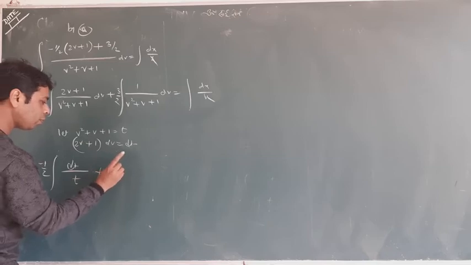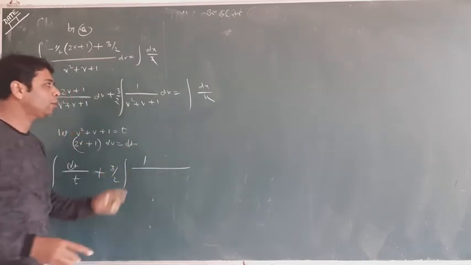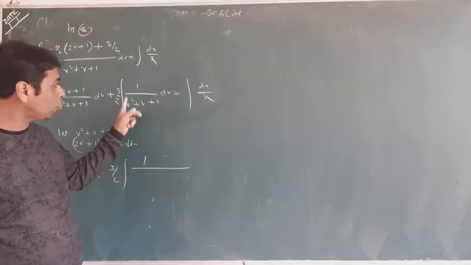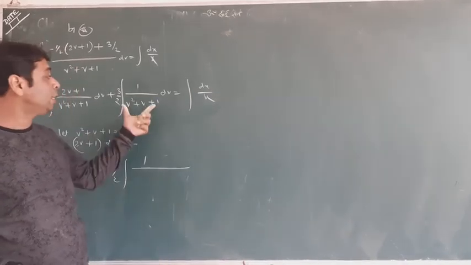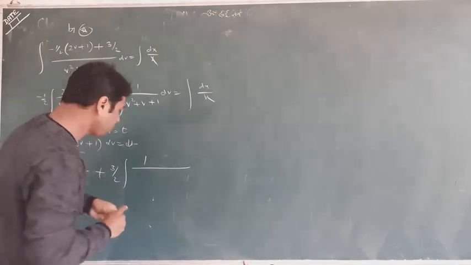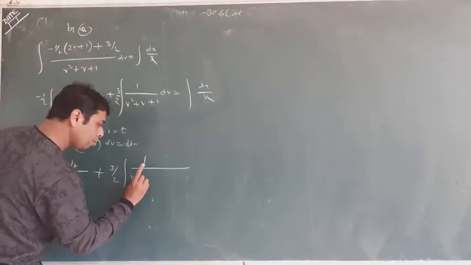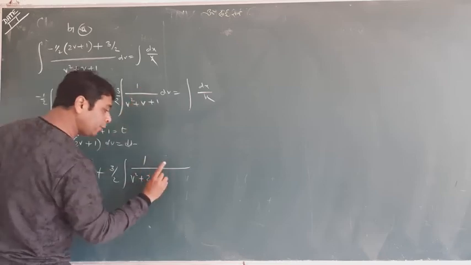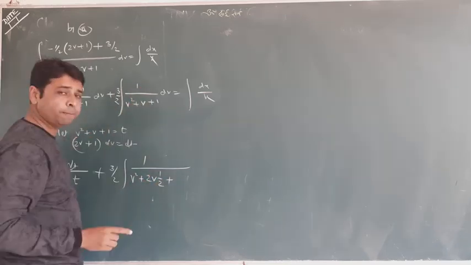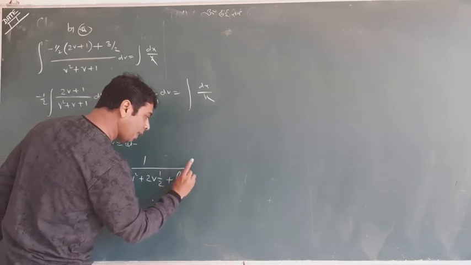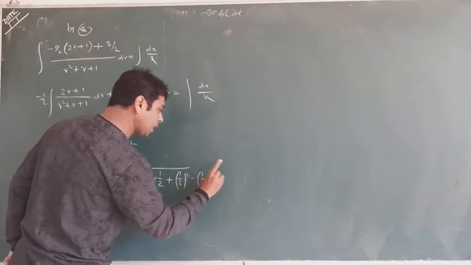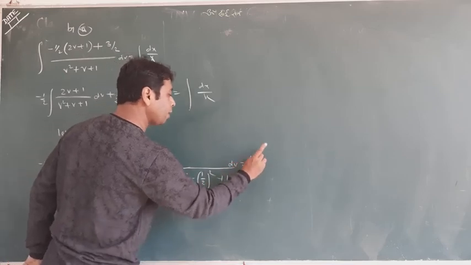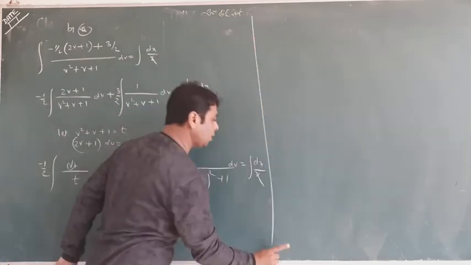And students, now the question is how we can solve 1 upon a quadratic. Whenever 1 upon a quadratic term is coming, you will make a complete square. That complete square method, you know, is a square plus 2ab, where b is half of the coefficient of v, which is 1 by 2. The coefficient of v is 1, and 1 by 2 square we will add, 1 by 2 square we will subtract, and plus 1 I'll write lastly, and dv is equal to dx by x. I'll do it later on.